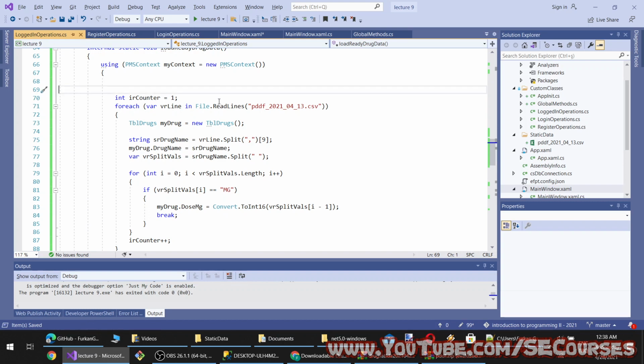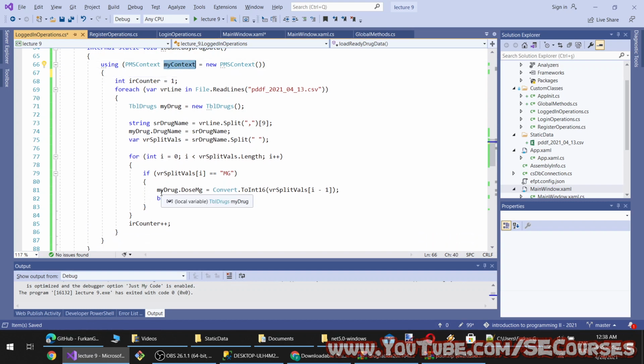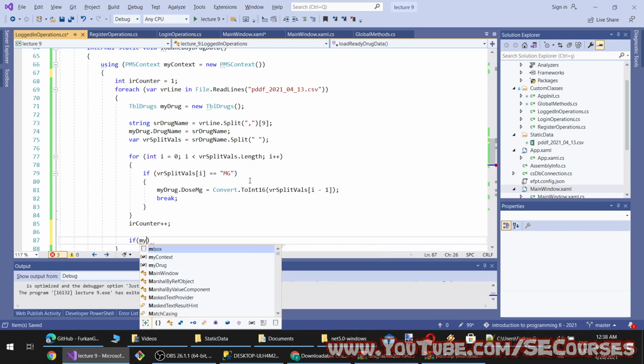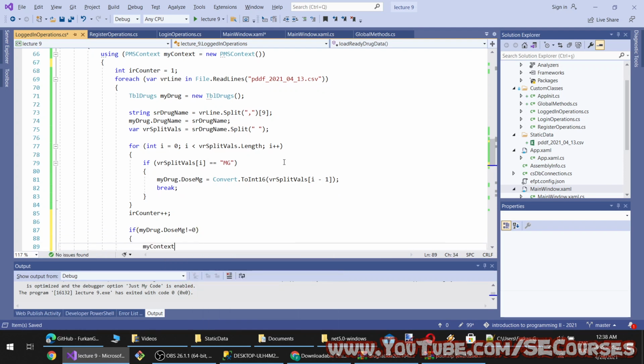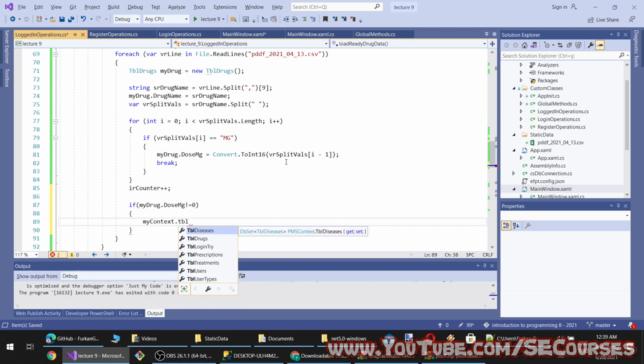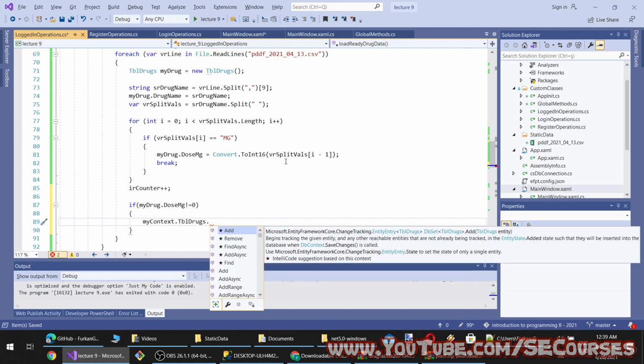And what we are going to do is we are going to add it to our context, but how? If my drug dot dose milligram not equal to 0, then my context dot TBL drugs dot add. It says it begins tracking the given entity and any other reachable entities that are not already being tracked.